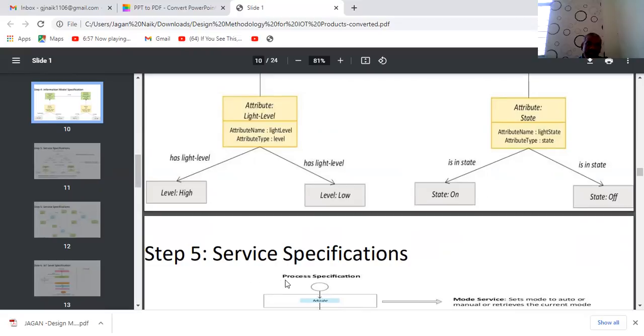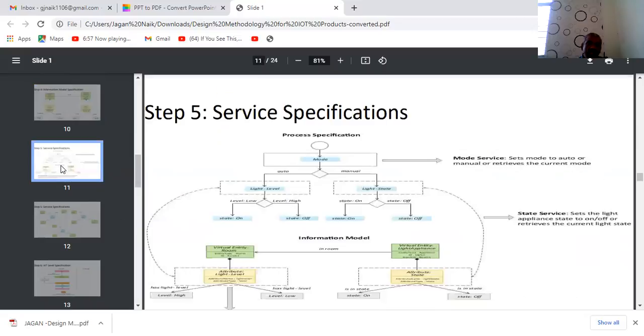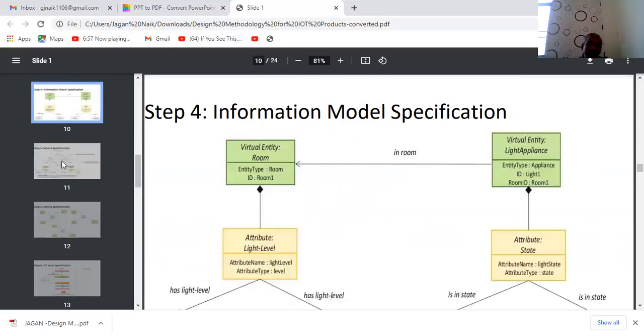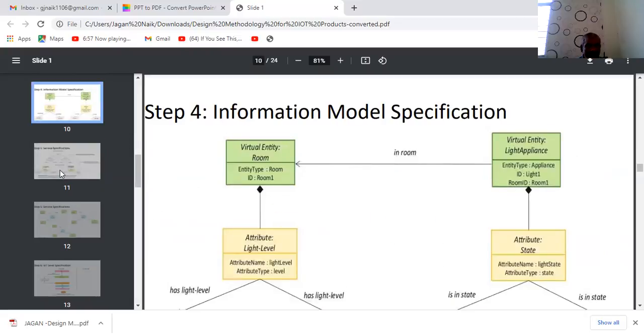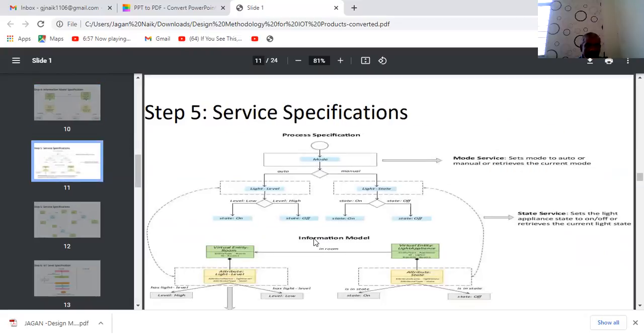Now coming to the service specifications, right? By having these two diagrams, the information model specification and the main purpose and requirements of the automation, and by considering these two diagrams, we are going to provide how the service is going to be provided for the users.